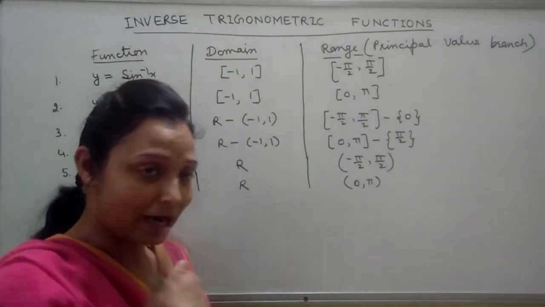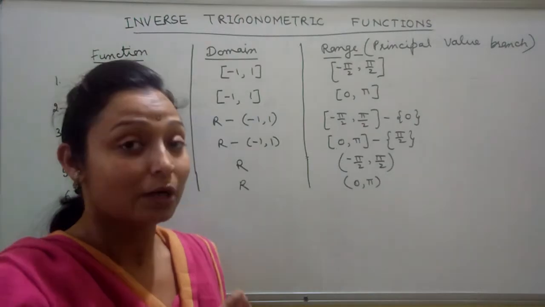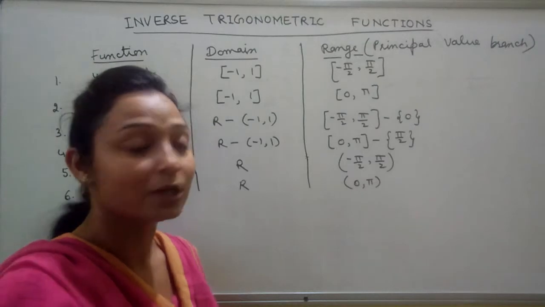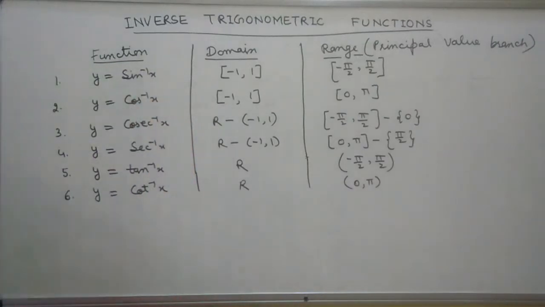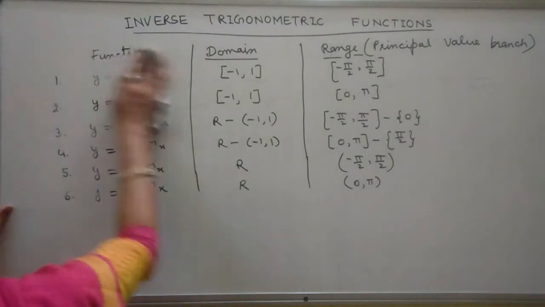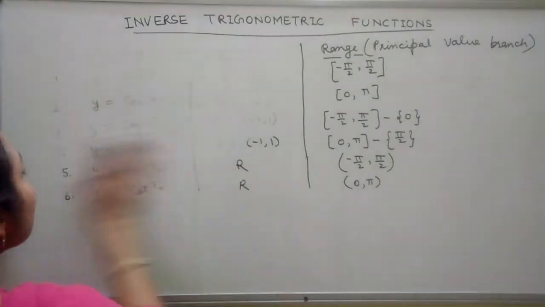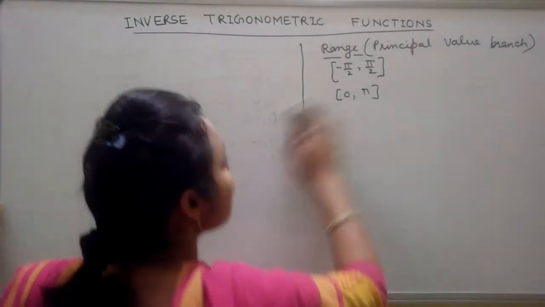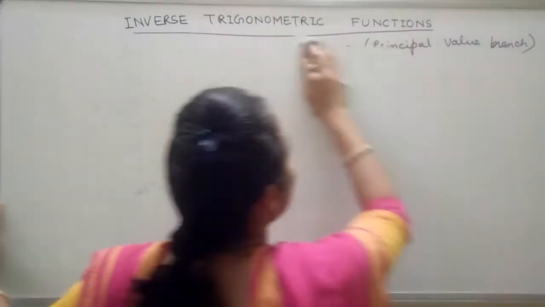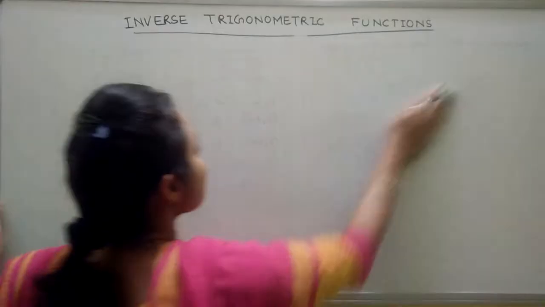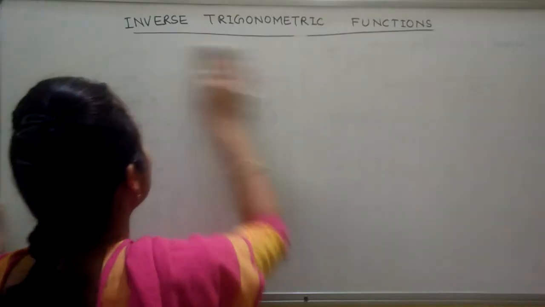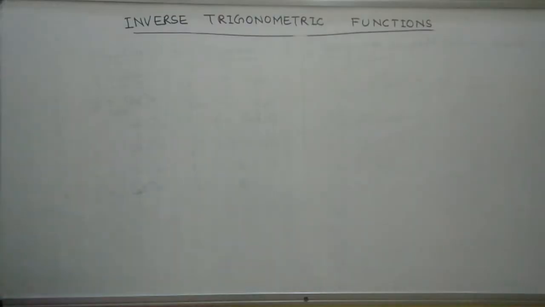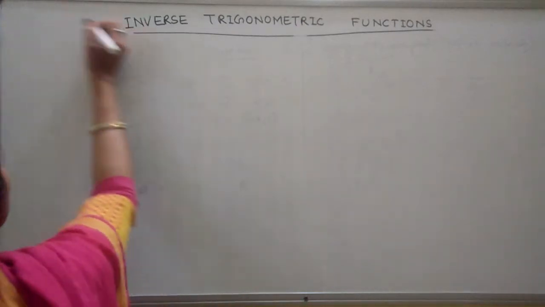Come to the graph. The graph is not in your syllabus, but we have to understand what the graph is, what is the meaning of the graph, how the graph is formed. So come to the graph of the inverse trigonometric function. The graph of the inverse trigonometric function is like a reflection, as in a mirror. I will give the comparison of these two, how to compare the sine and cos inverse graphs.